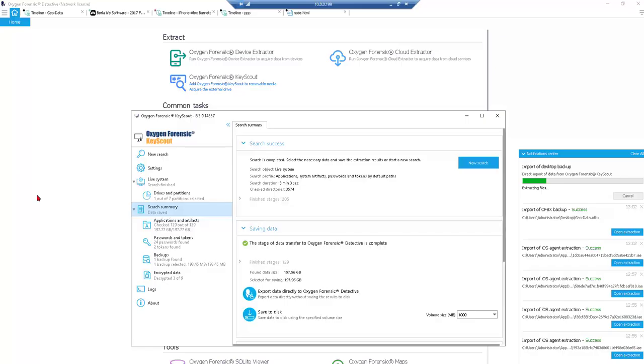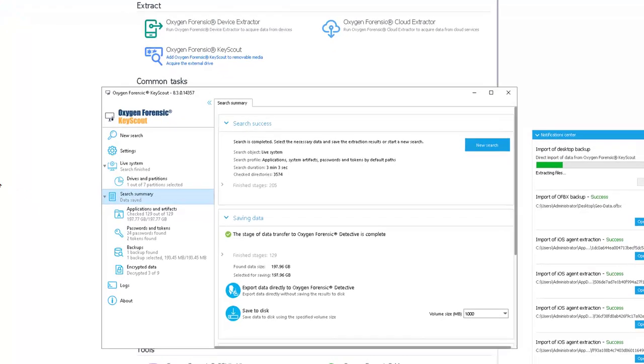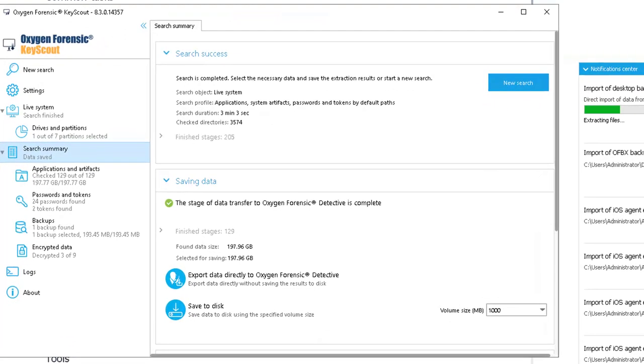So I want to look at the launcher in Detective, because we've got a couple options right out of the gate. But what you can see on the screen right now is the end game that we want to get to. Maybe not all the way to the end, because this transfer out of the KeyScout collection to importing into Detective is underway. It's complete here. It took a minute because I literally used one of our out of the gate options here to acquire data, target collect data, with a custom profile against a live drive, meaning I started Detective, just pointed at the drive it's running on, and ran KeyScout against it with a profile that got